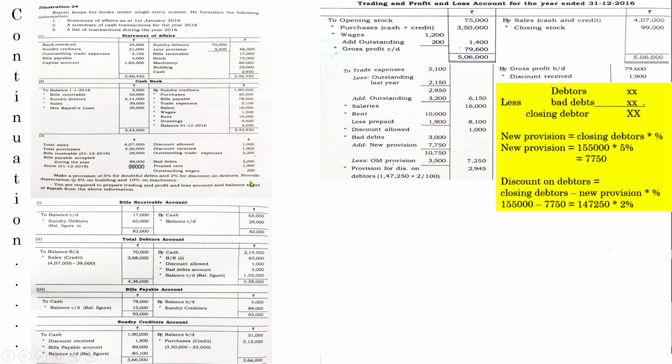So we have completed that. Next one. The only information now remaining to deal with is depreciation on building and machinery. Go through the details to see whether building and machinery are given. In the opening balance there is building and machinery. It's very easy to find the depreciation. Take 5% on building, 25,000 into 5%, you will get the amount of depreciation, and machinery 60,000 into 10%, you will get the amount of depreciation. So the depreciation amounts are 1,250 and 6,000, total depreciation 7,250.